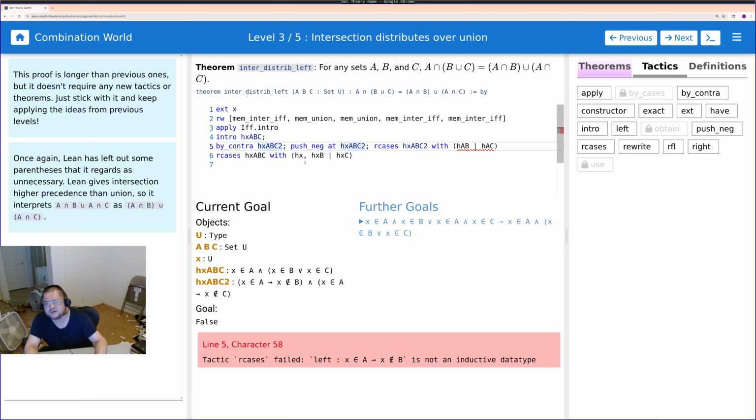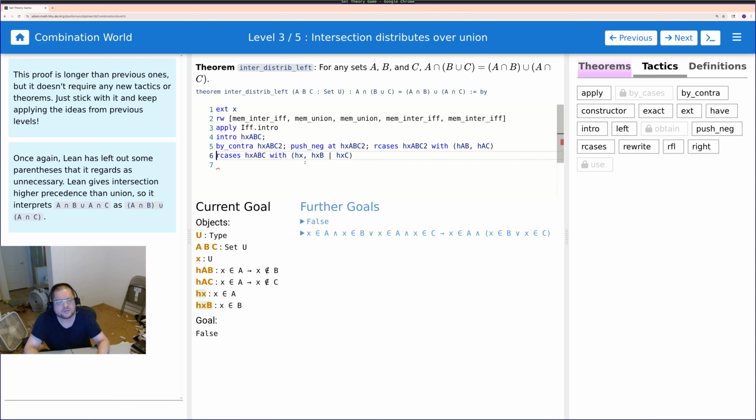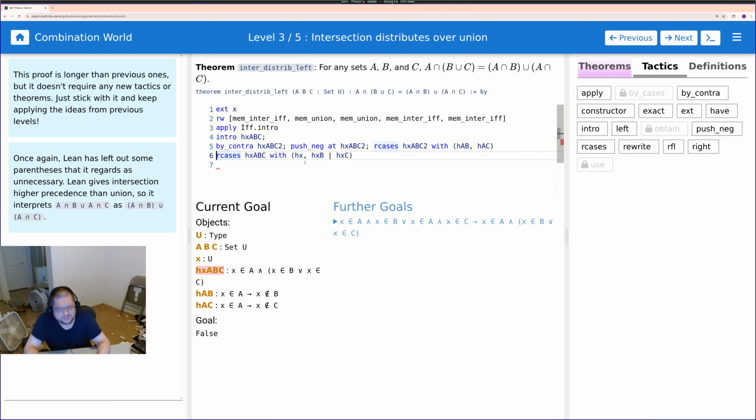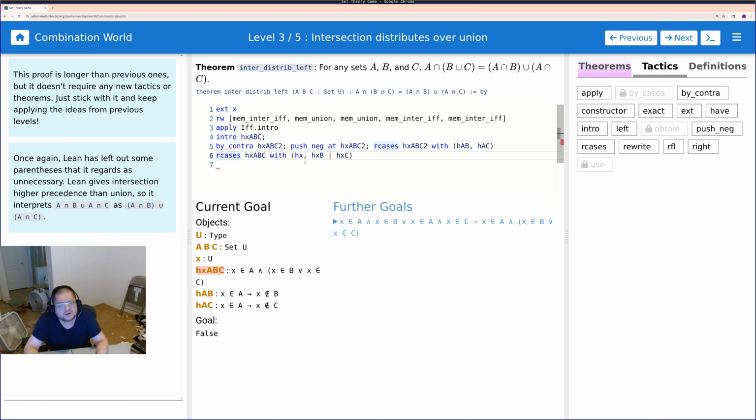HAB, HAC. No, it's an and. Okay. So this is before the split. This is after the split. Before the split, this is first condition. Wow, this is